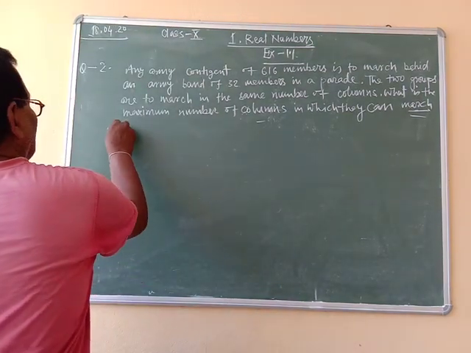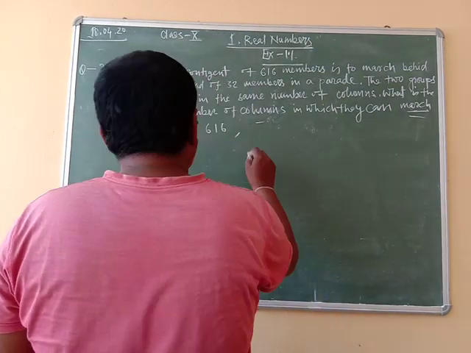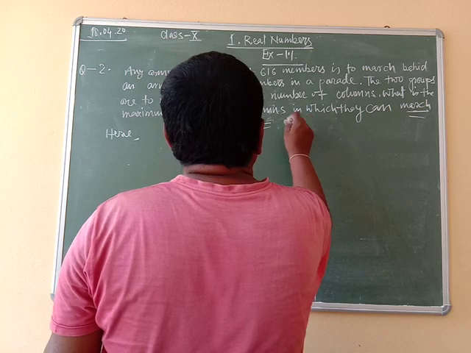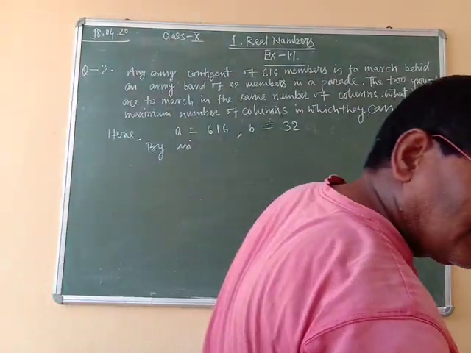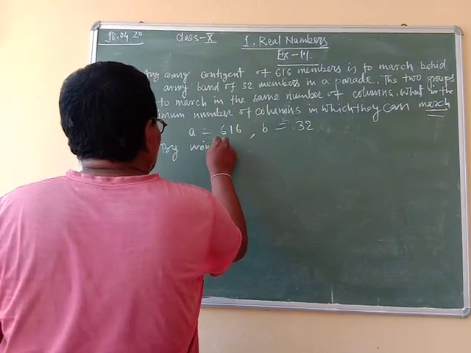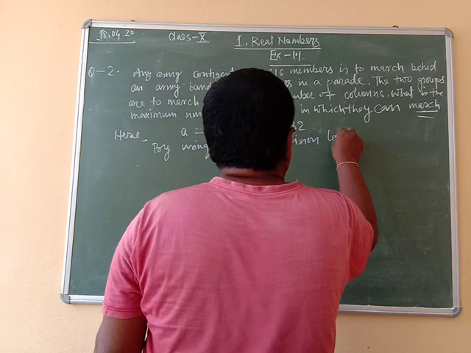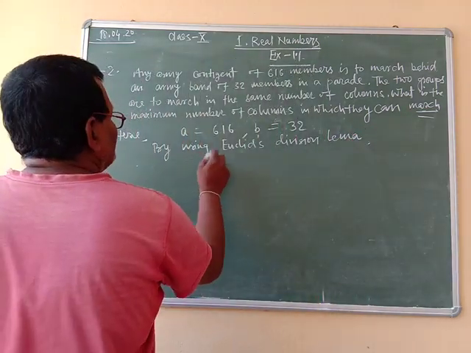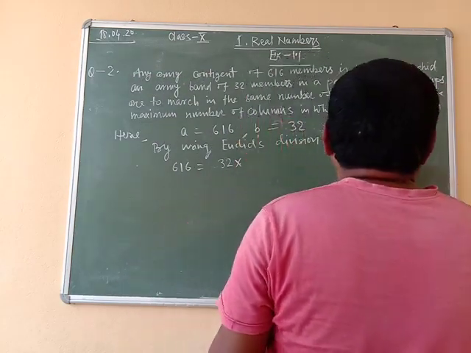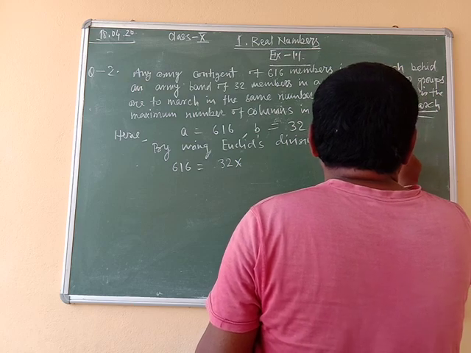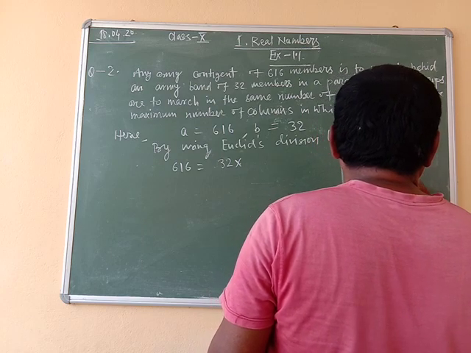Here A is equal to 616 and B is equal to 32, by using Euclid's division lemma. 616 is equal to 32 into...